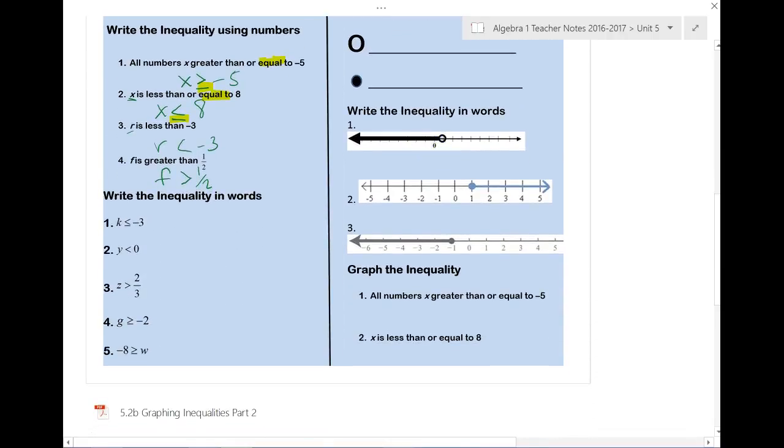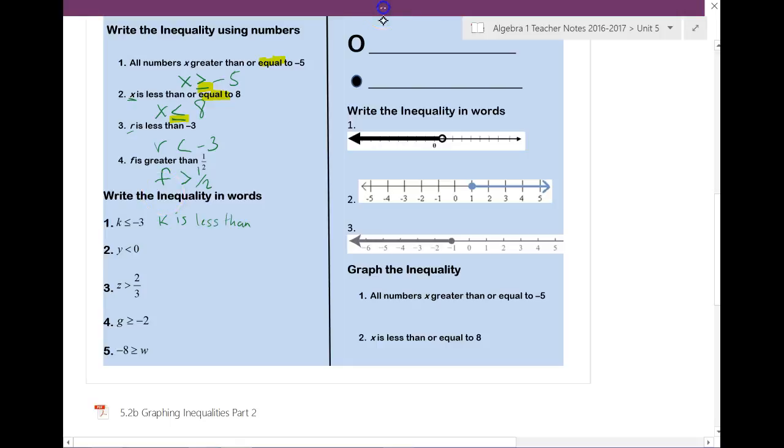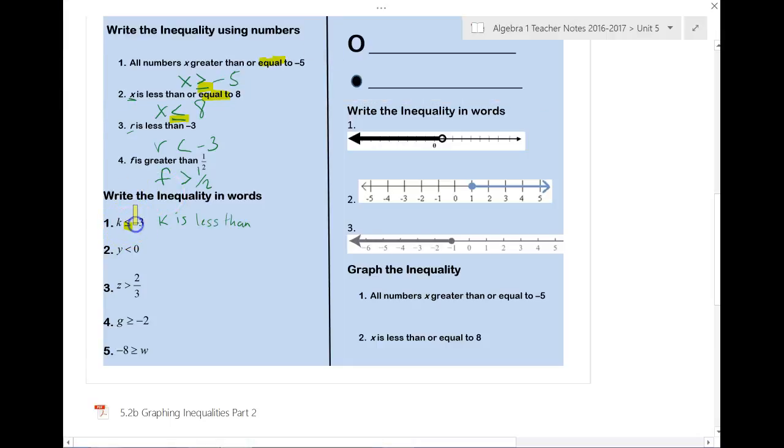Now we're going to do the same thing, but back the other way. Here we went to the inequality using numbers, but now we're going to go back the other way in words. First we start with k. K is, and it's pointing to the left, which means that -3 is bigger. What is k related to -3? K is less than, and you see the little line there? There's a line underneath, so then we have to say or equal to